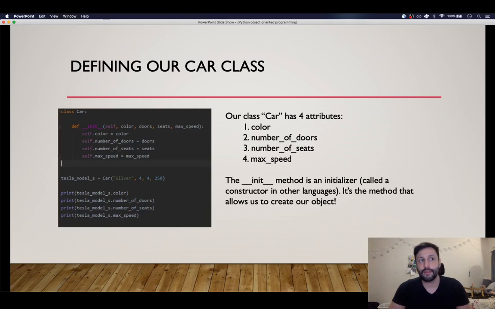So this is a very basic Python class. This is about as basic as you could possibly make a class. You use the keyword class, and then the name of the class is here. So the name of the class that we're creating is Car. And the one thing that I always want to define in a class, although you don't technically need it because a default initializer is created, is my own initializer. So if we tried to create a car object without an initializer and then just didn't pass any parameters,